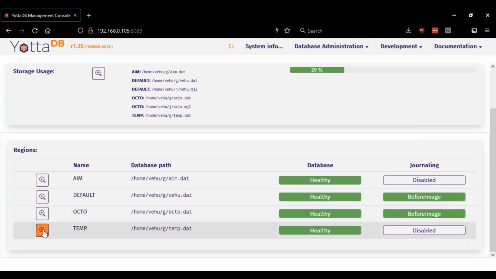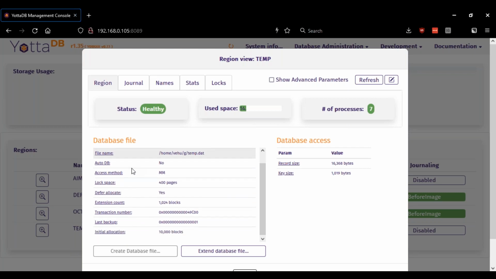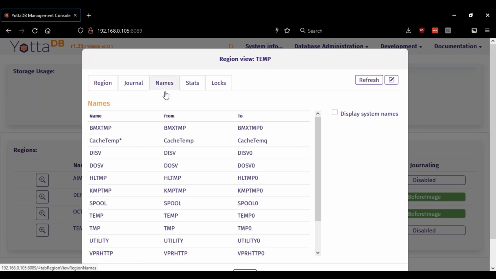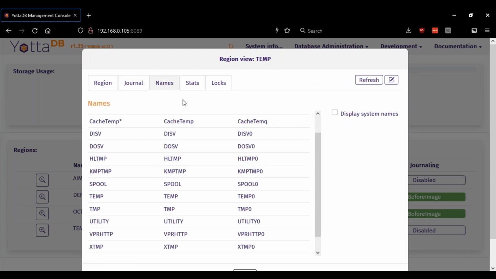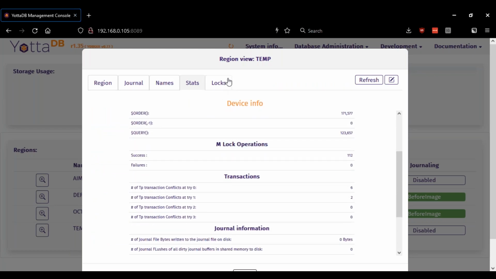Let's say you look at the temp region for this database. It says I'm using 14% of the database allocated to me, and it gives you the various parameters for the file and the database access, and journaling, the names that are actually mapped, the statistics, and the